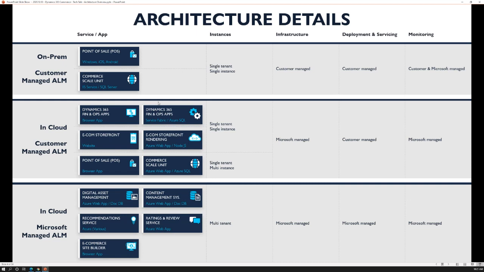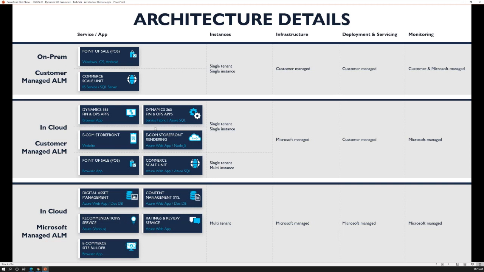The main reason why you control the ALM of these applications today is because they're tightly integrated with those end user experiences. So for example, if we're rolling out new capabilities in the point of sale and you're going through a test pass and you want to control when those changes are actually rolled out,